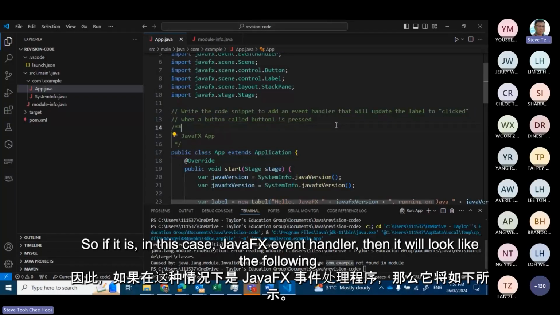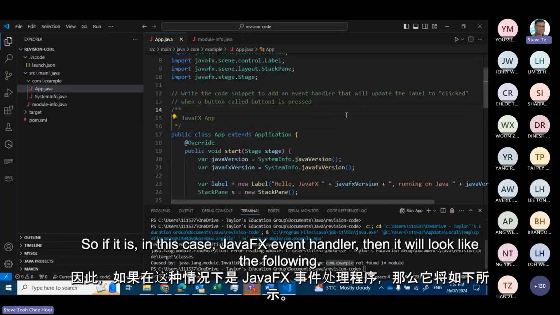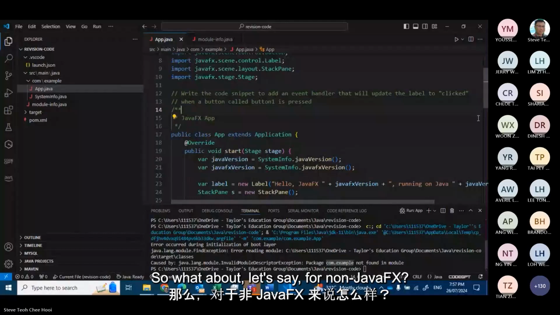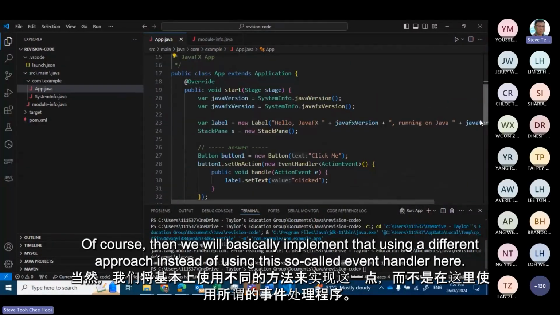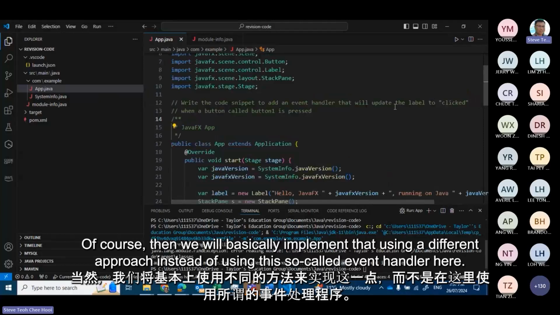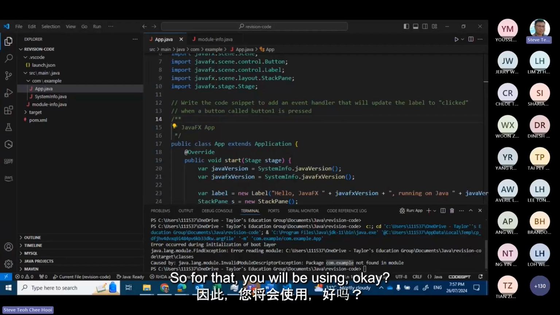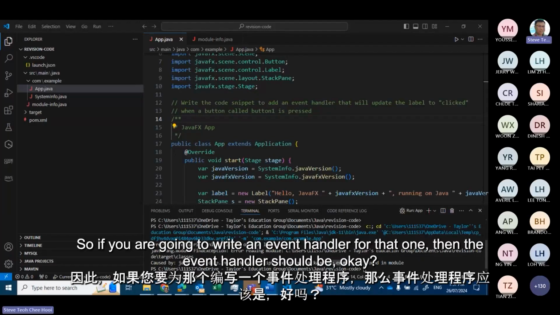So if it is in this case, JavaFX event handler, then it will look like the following. So what about, let's say, for non-JavaFX, of course, then we will basically implement that using a different approach instead of using this so-called event handler here. So for that, you will be using, okay, so if you are going to write an event handler for that one, then the event handler should be,